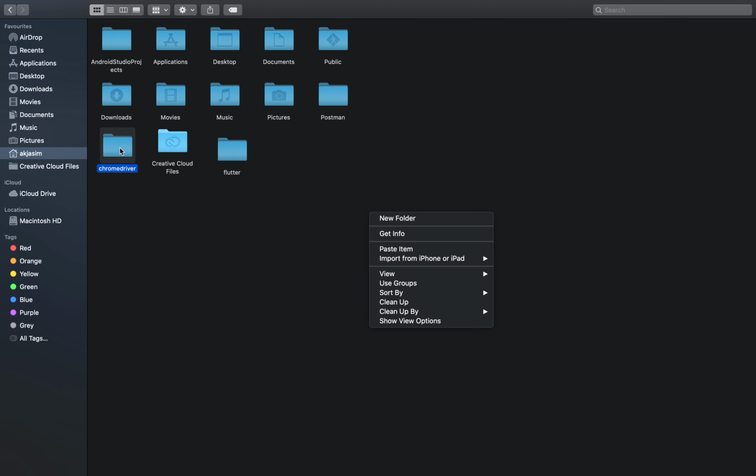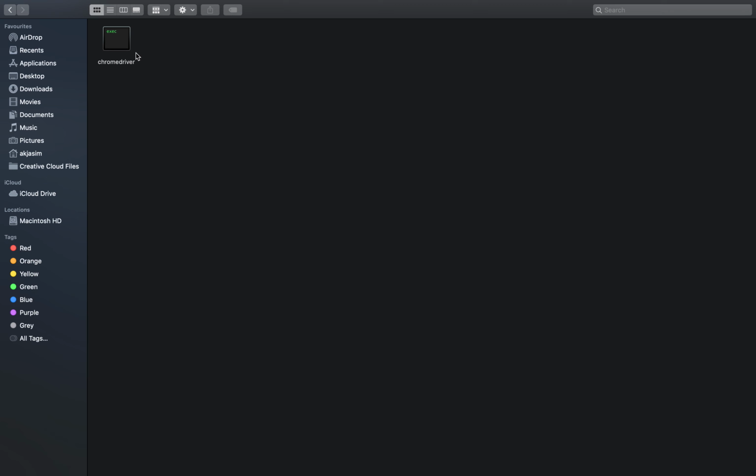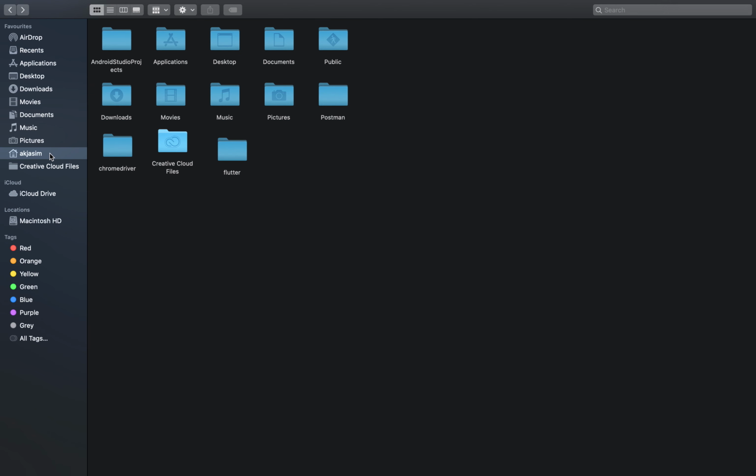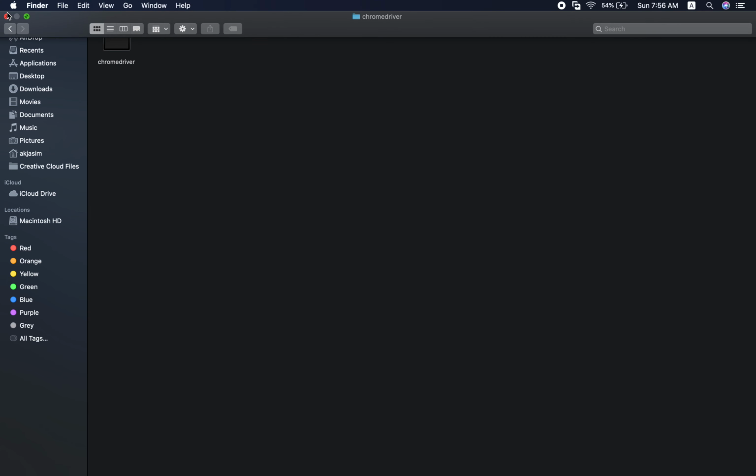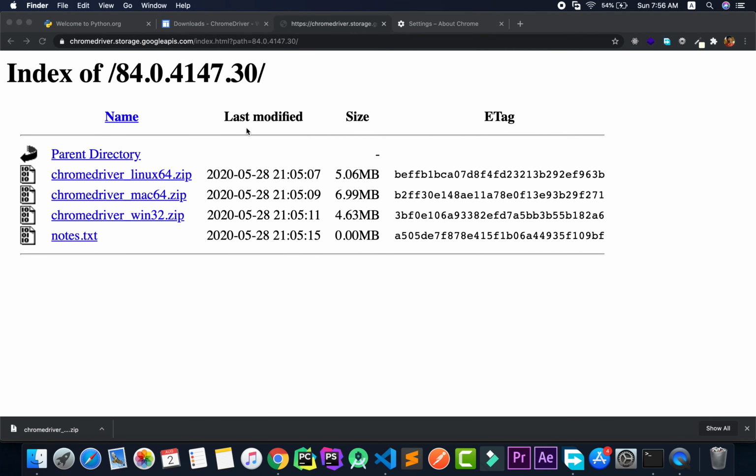Just make a folder named Chromedriver, and inside that Chromedriver folder paste in that file. So just move that file from the downloads folder to the Chromedriver folder in your home root path. So with that being said, the procedure is over.